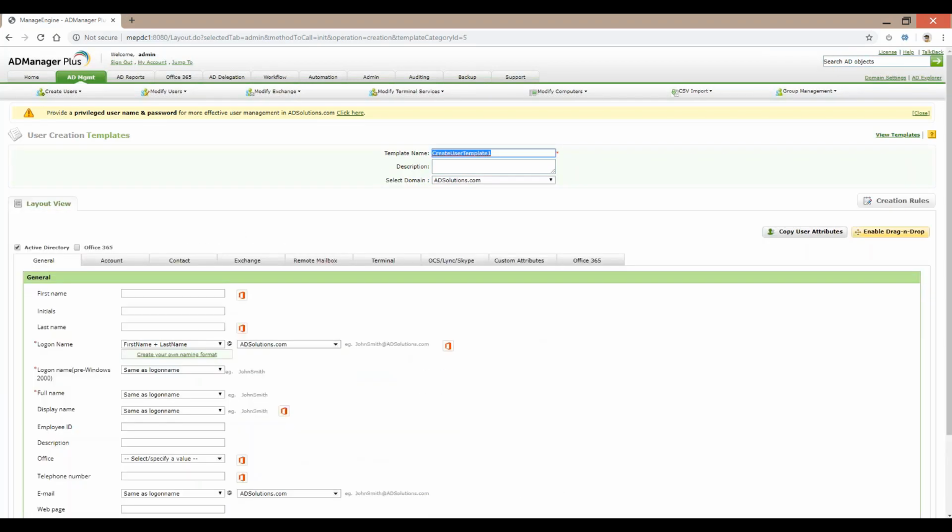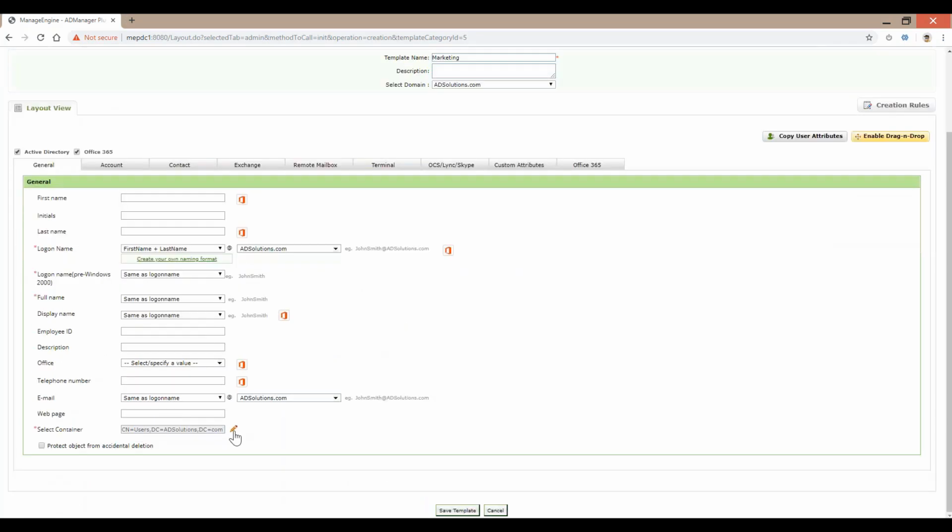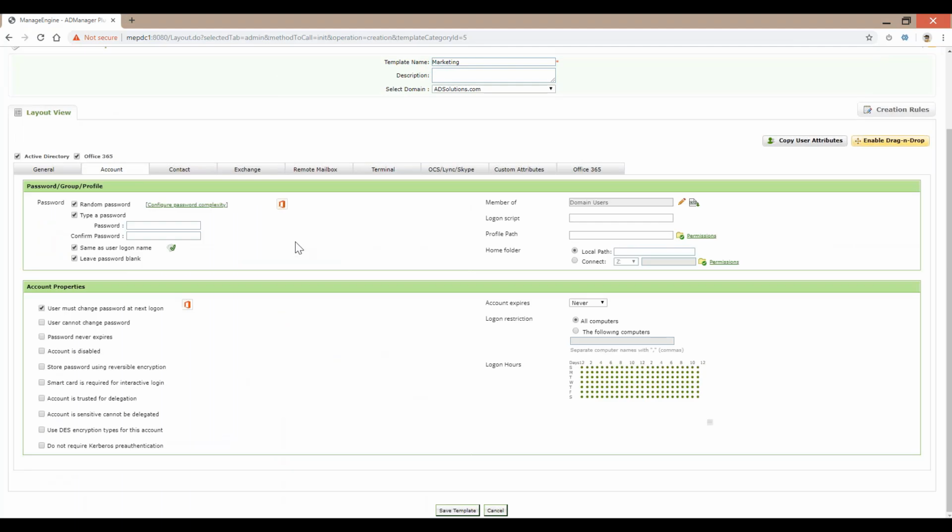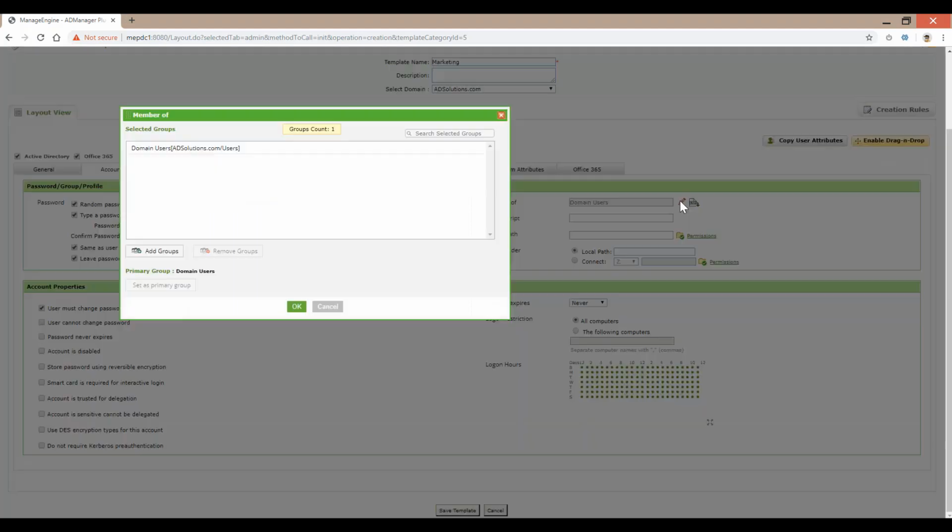Let me quickly give you an example of a marketing template. I would want users being provisioned to my Office 365 and Active Directory to have a set of attributes that are pre-specified if they are members of the marketing department. One such attribute could be the OU in Active Directory or container in Office 365, and when it comes to the account, I would have the provision to say which groups the user should be a part of.